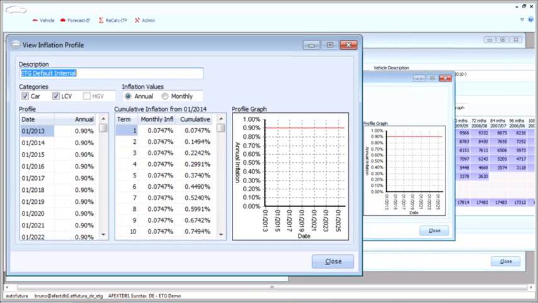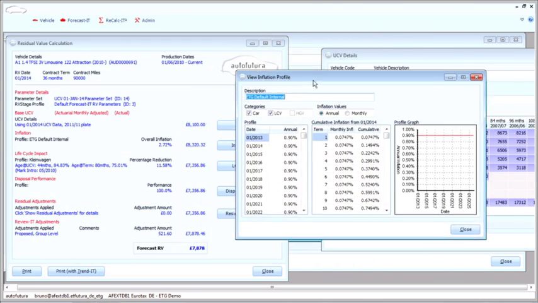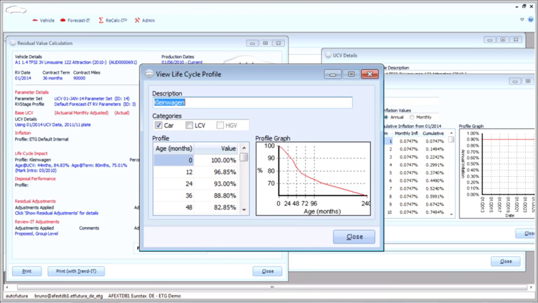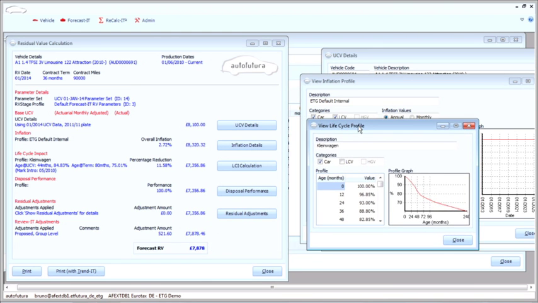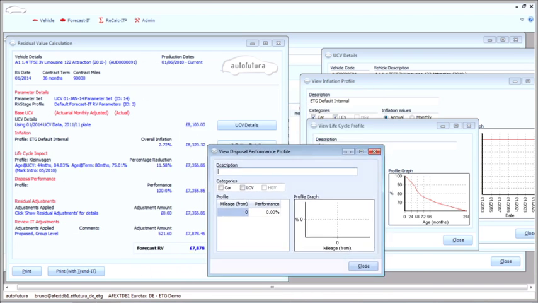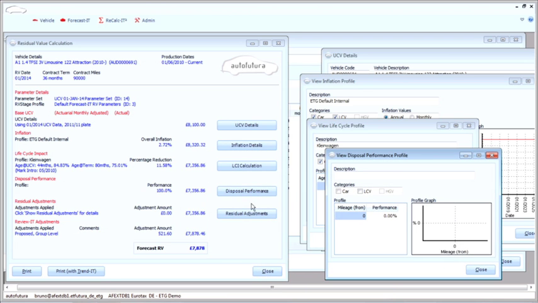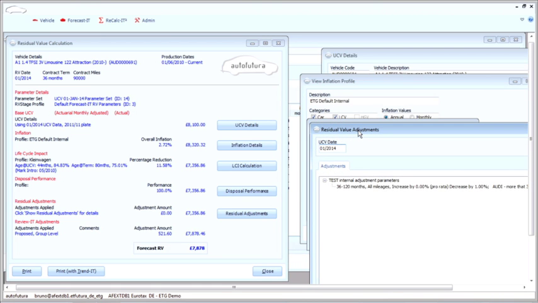Firstly, inflation. This is a monthly or yearly estimate for the next 10 years. Second, the model life cycle, which is calculated based on the last 10 years of Eurotax Glass's used market values. Third, we have remarketing performance, called disposable performance here in the software. This is a specific adjustment provided by the user to reflect the ability to sell terminated vehicles. Fourth, we have residual values adjustment, a correction applied to all models or vehicle types according to the user knowledge